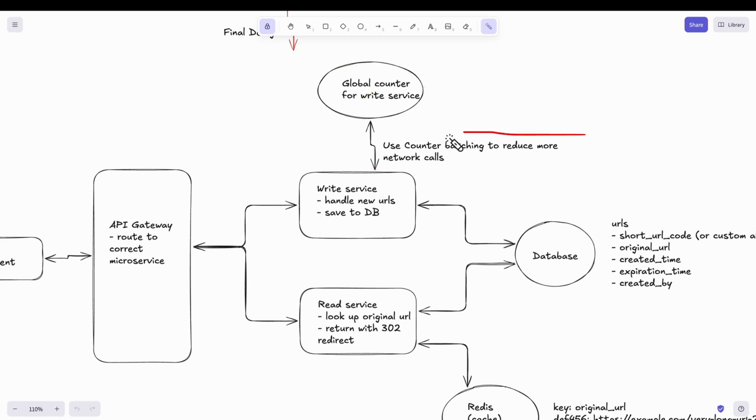The other point to really highlight here is, as we keep scaling the write service, if we have to make a network call to Redis for every new URL that is streaming into the write service, it's going to have more network calls. The better way to avoid the network calls is to follow an approach called counter batching, which drastically reduces network calls. Let's say there are two write service instances, and the Redis counter